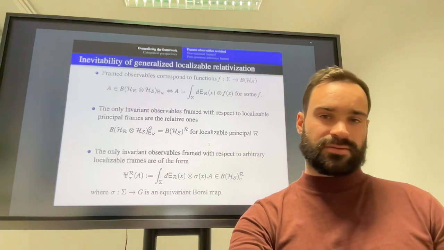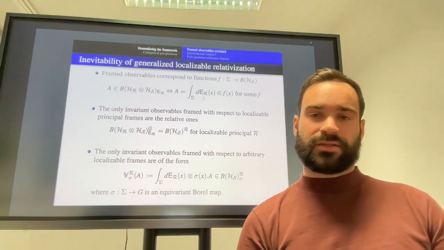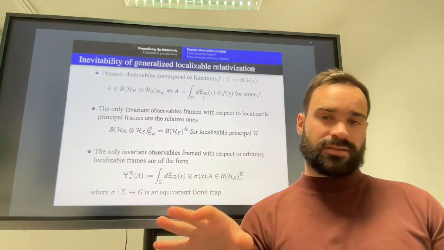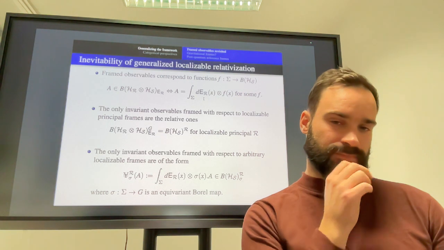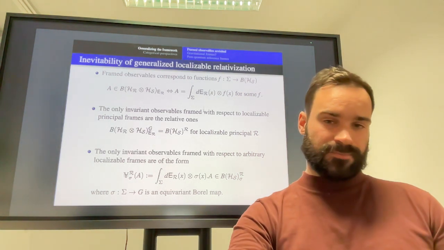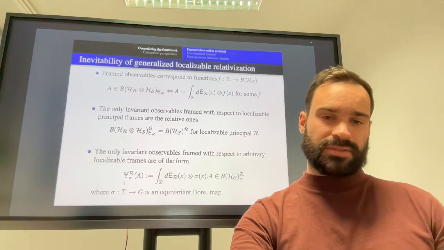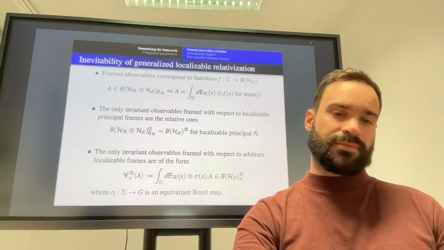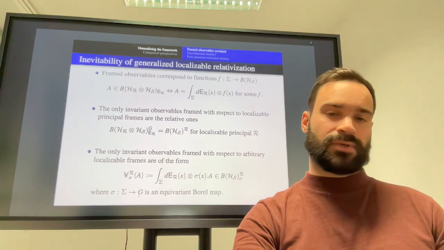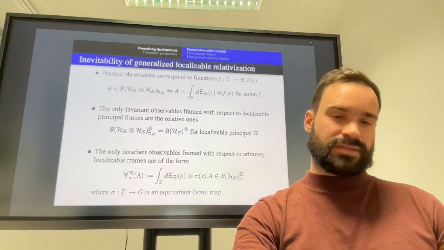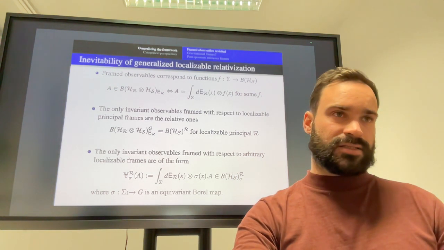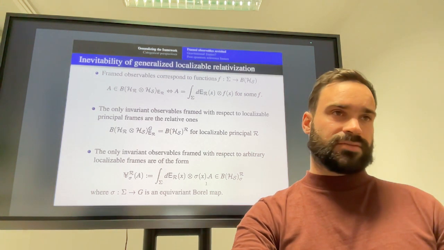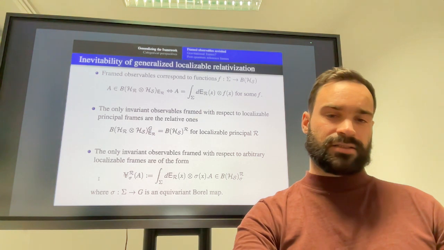So I have this, if the first point is true, then I have these functions. And if I want this framed operator to also be invariant, then it has to be of this form. Now sigma is a section, so it's a map from the sample space to the group. If sigma is just G, then it does nothing, and it is just the Yen as we know it. But in this general case,